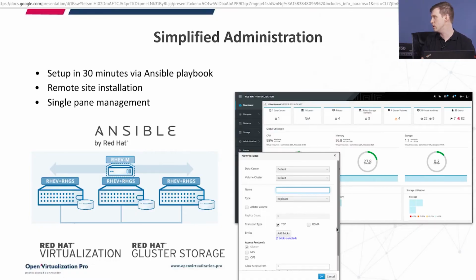No, in this case everything you actually need is inside the Red Hat Virtualization Manager admin console. So you've got everything there. You can manage your Gluster together with standard operations around the virtualization. So that's a very good benefit. You don't need two different consoles to be able to manage both.